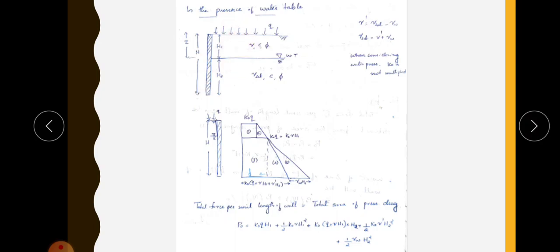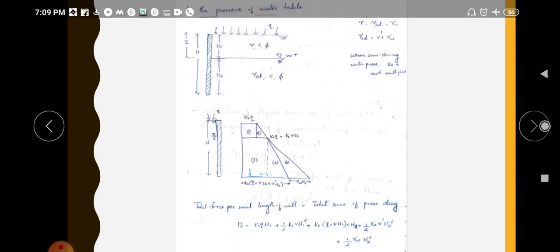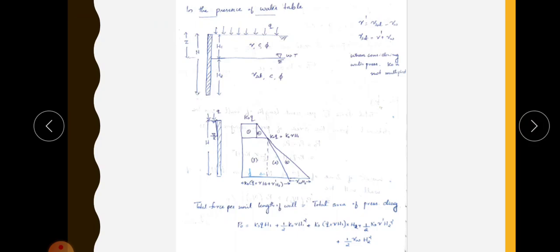Okay, so we can consider this case: this is the retaining wall of height h, and after reaching the height of h1 there is a water table. We can divide this area based on the water table: above the water table the height is h1 and below it is h2, and there is a surcharge weight of q. So this is the condition where there is surcharge weight and water table. Above the water table the unit weight will be bulk unit weight, with c and phi, and below the water table it will be saturated soil. So we have to consider the submerged unit weight of the backfill soil and the pressure due to the pore water. First we have to draw the earth pressure diagram.